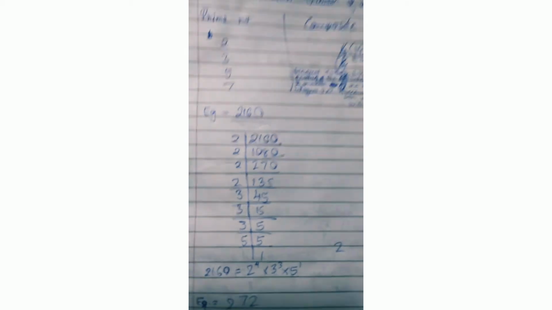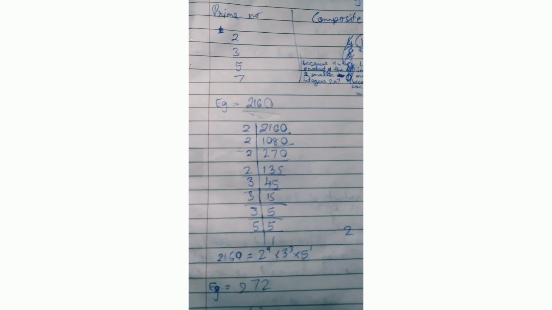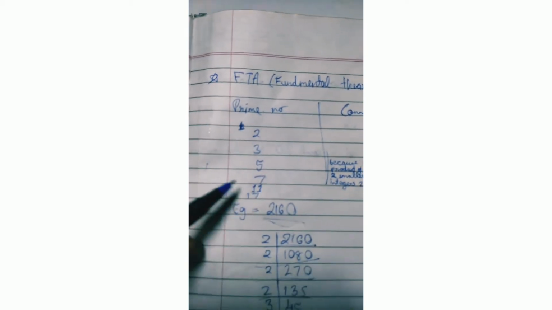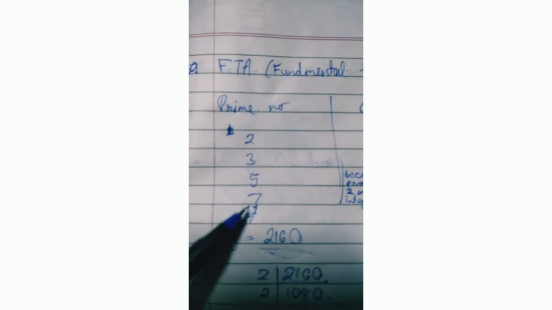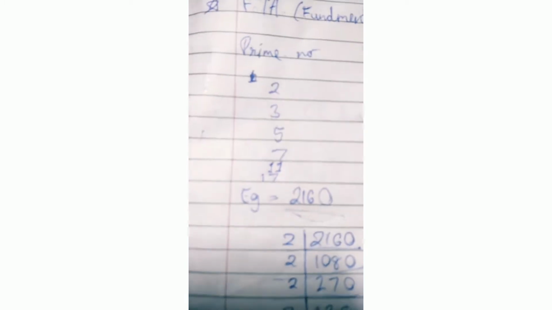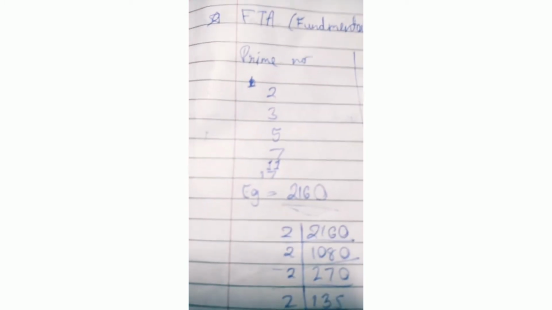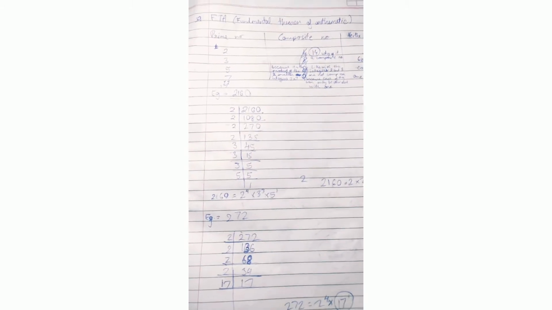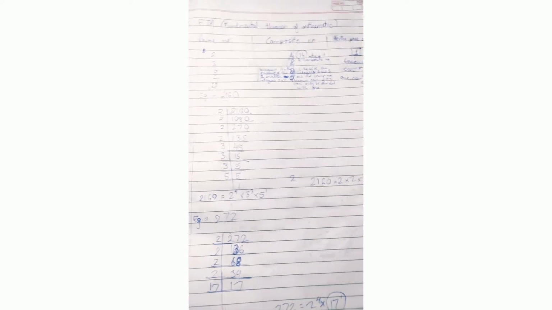Likewise, this was the bigger number for LCM. Now we'll see the smaller number. We'll do the same in that. By the way, 17 is a prime number, always remember. Now like we studied in prime numbers, I have written two more prime numbers in this, 11 and 17. As you can see here, 2, 3, 5, 7, 11 and 17 are the common prime numbers that we can use in the LCM method, also known as the fundamental theorem of arithmetic.